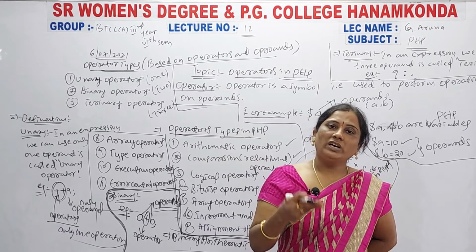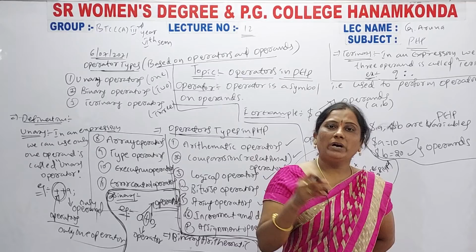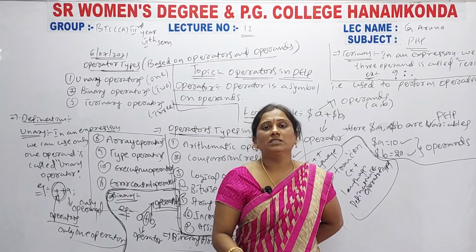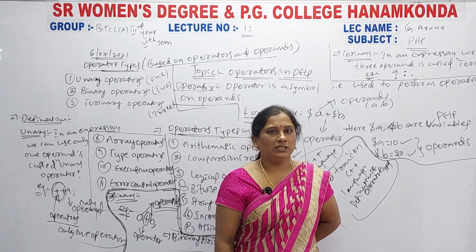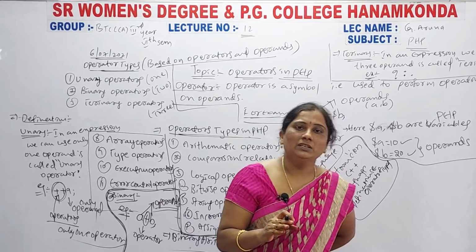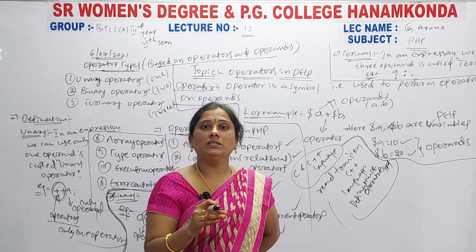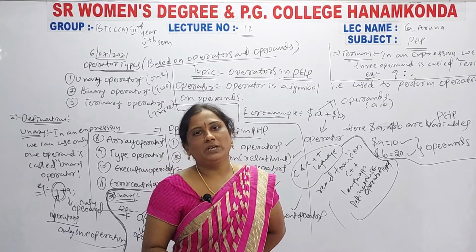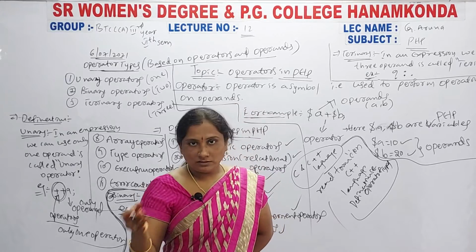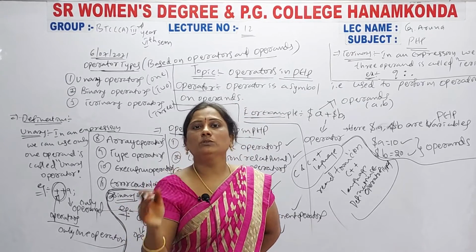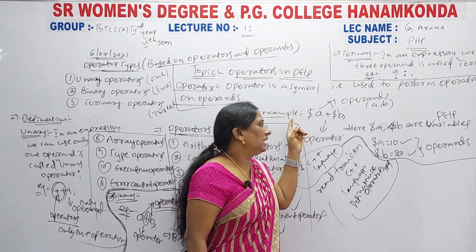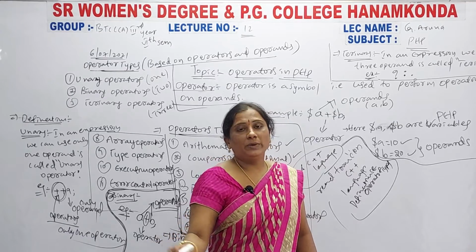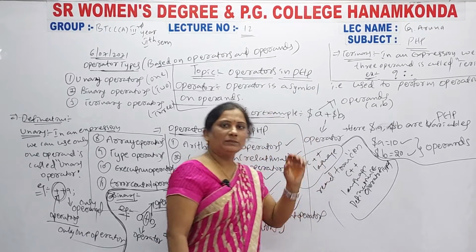Unary means one operand can be there, that is called unary. Binary means 2 operands can be there, that is called binary. Ternary means 3 operands can be there, that is called ternary. You know the difference between operator and operand? Operator means you use it to perform any calculation. Operands means in between any operators you have to use operands. So like this is the example for operands and operators. Okay. So that is the operator types. These are the different types of operators.